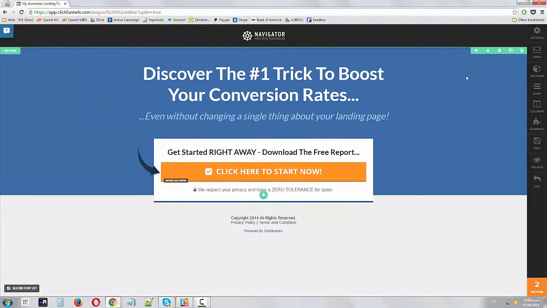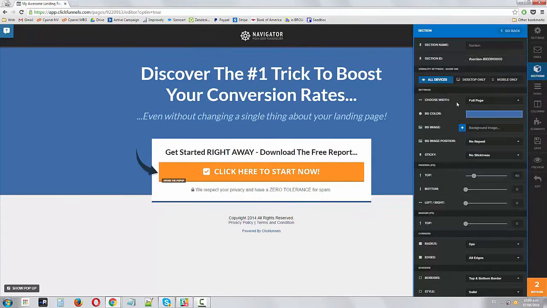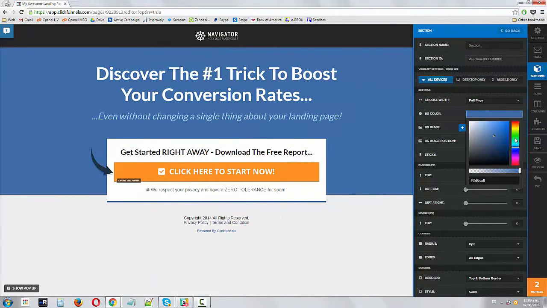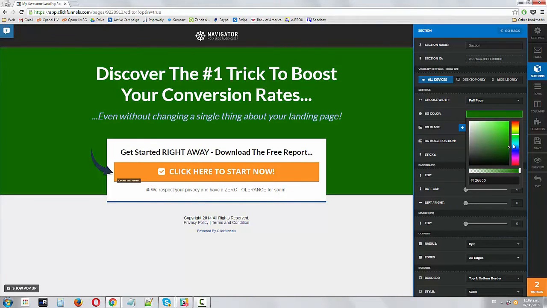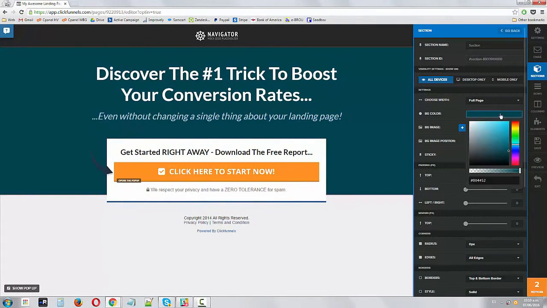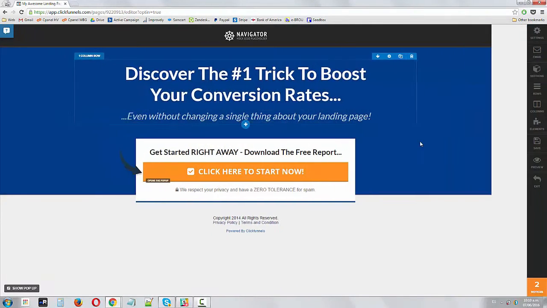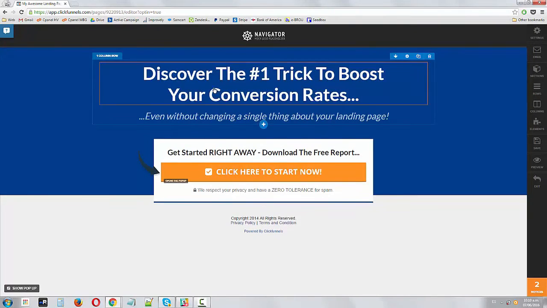Now, step number 2 is to actually change this bar with the content. So what I'm going to do is switch the color a little bit. Let's say that I want to put, I don't know, maybe a green. I don't want to make it too complicated for you guys, but okay, let's say that I want to use this blue, which sucks, by the way, so I'm going to use another. Okay, let's do that one. Then we want to change the header, and the header should be strictly